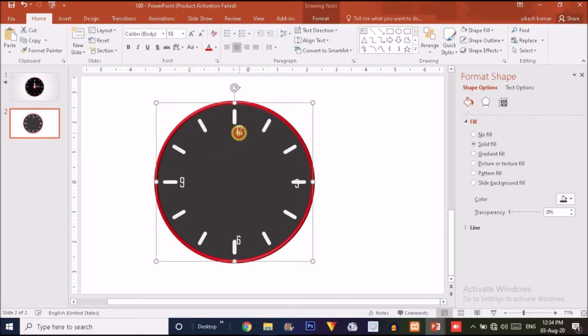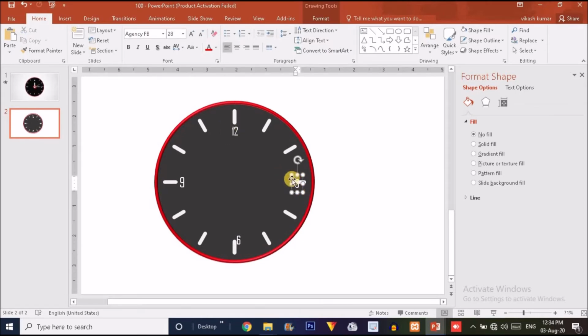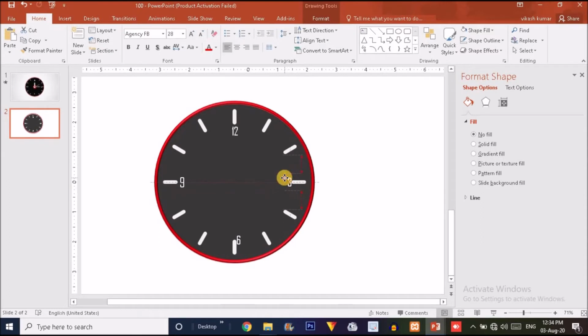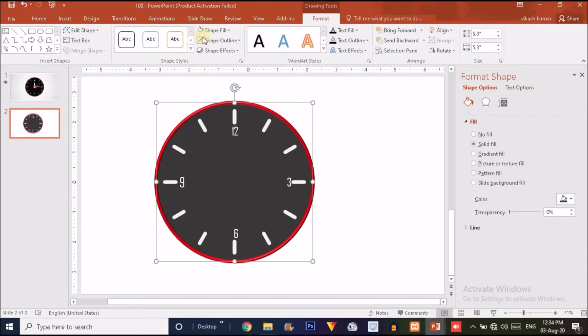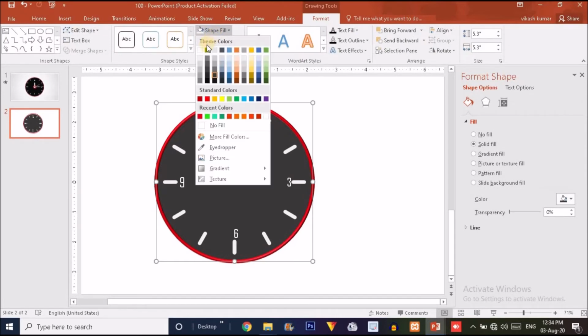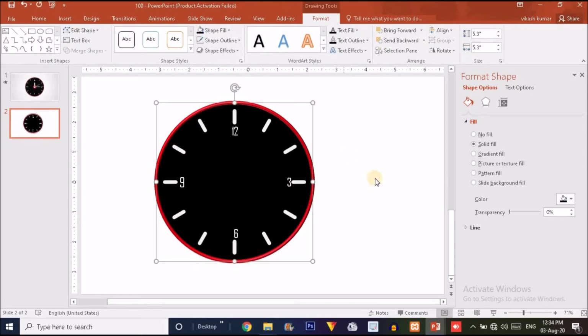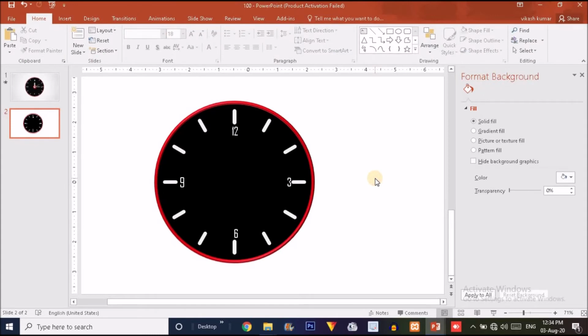Like I'm going to drag 12 something here, drag 3 something here, I'll drag 6 something here. Okay, now I think we should do this black. Yeah, this is the perfect shape fill for this clock.